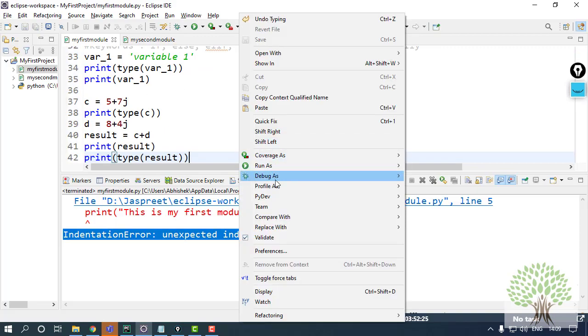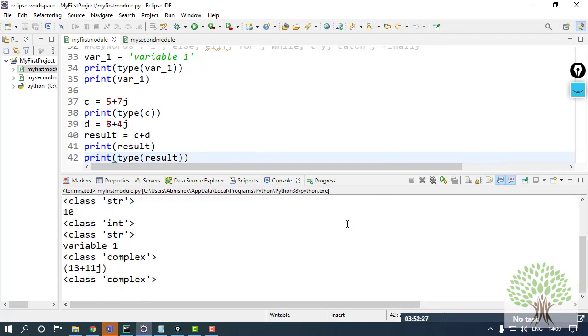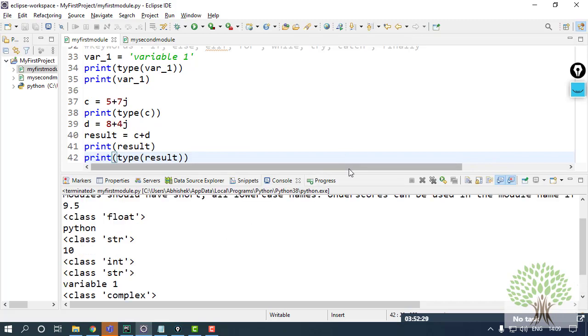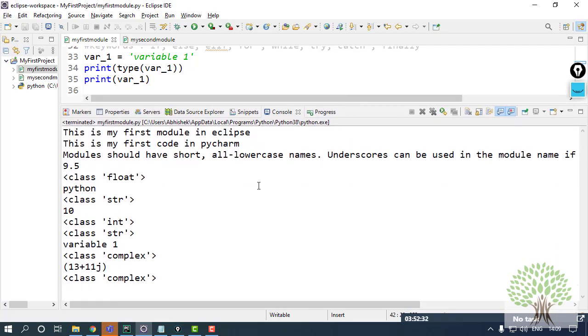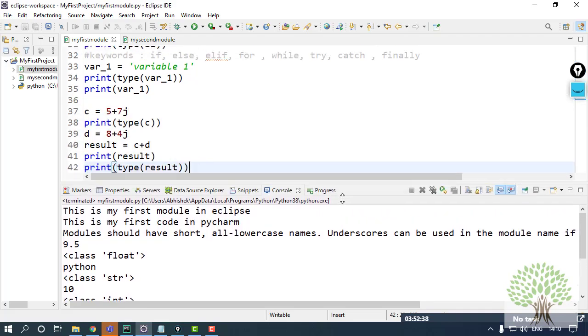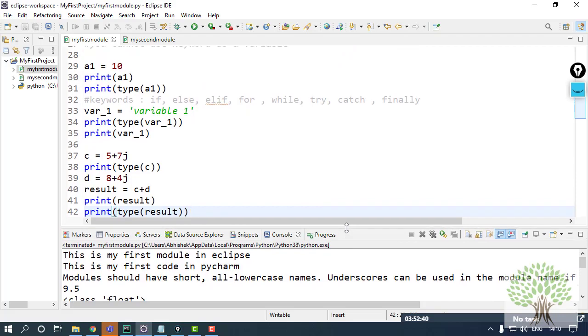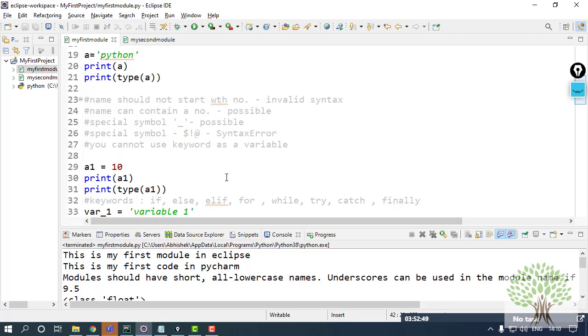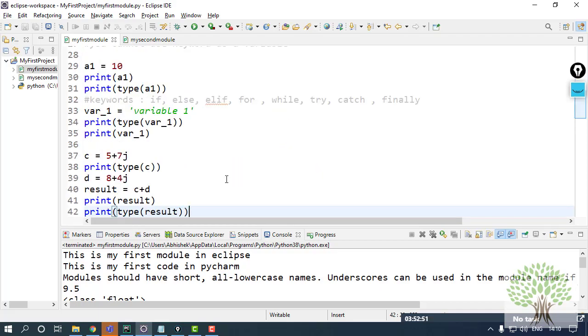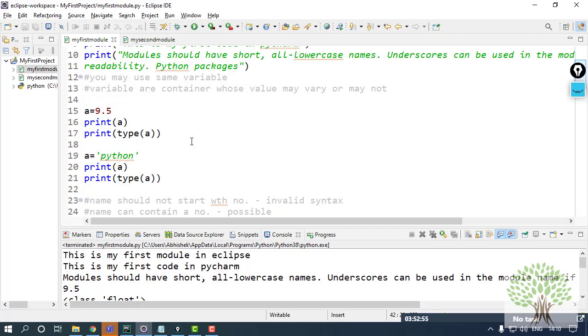And if I run this now, you can see the whole output that I was getting on my IDE PyCharm, that all is coming over here as well, the same way. So I told you earlier that the syntax is going to be the same, just that the platforms are different. That's it.